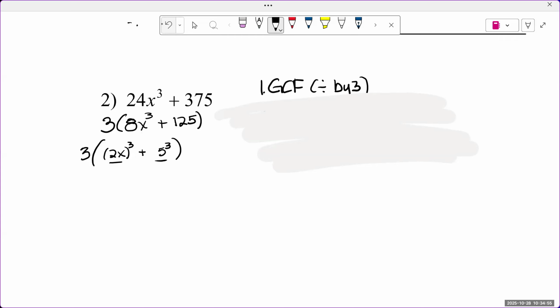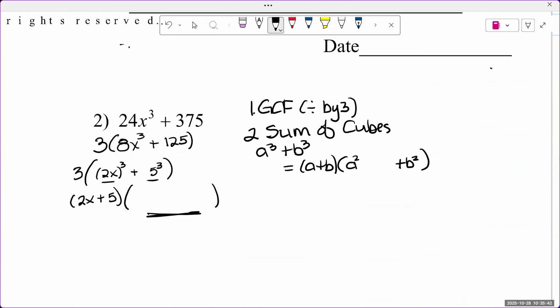From those cube roots come our first part of the expression. So 2x plus 5. Okay, so now I don't know how your brain works. For my brain, I like to just kind of memorize it. You could also now do a division problem to get the part that is remaining. We could use the rules and we could kind of use a little song. Okay, so let's talk about the rules for the sum of the cubes. Okay, so the cube roots go here